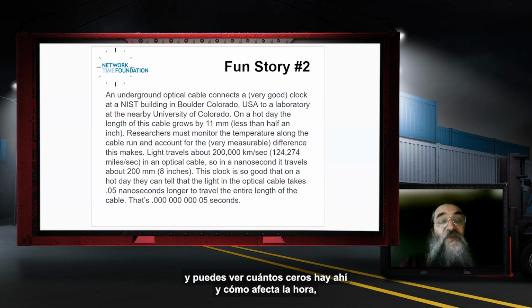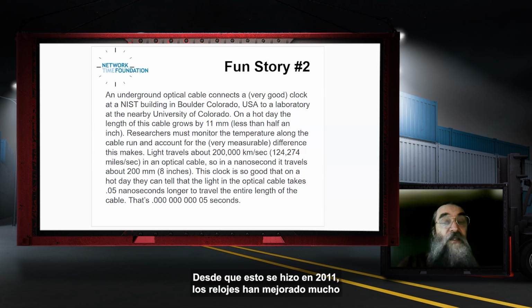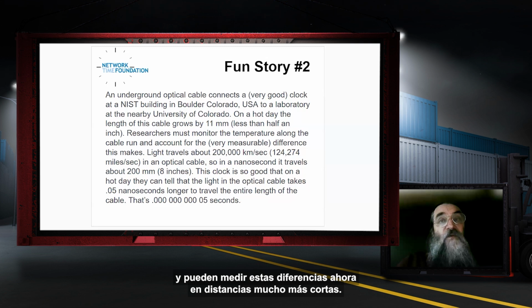And you can see how many zeros that is and how it affects time just from the slight expansion length of that cable. Since this was done in 2011, clocks have gotten much better, and they can measure these differences now